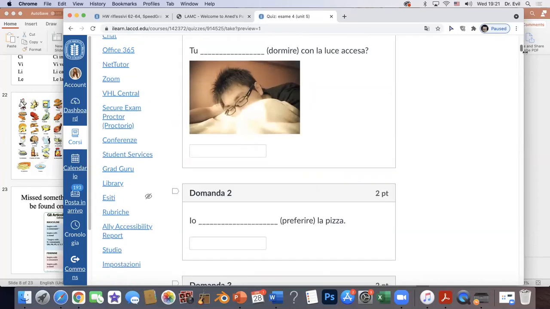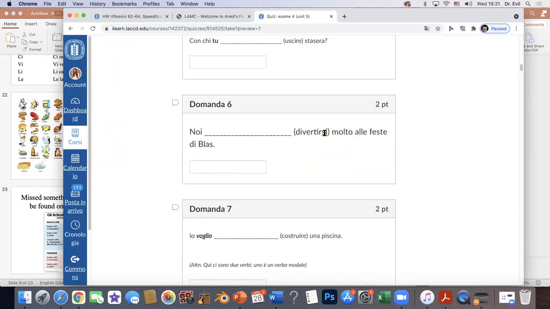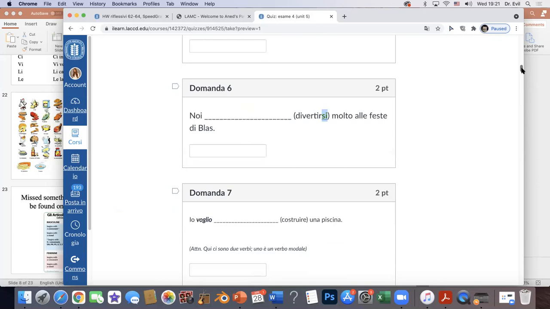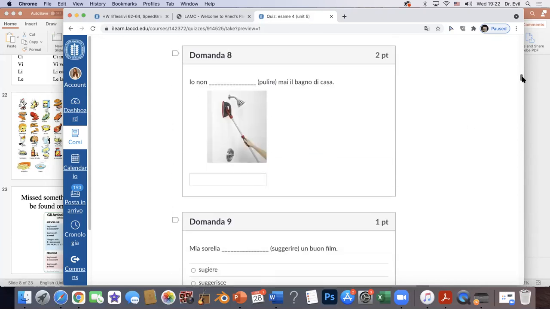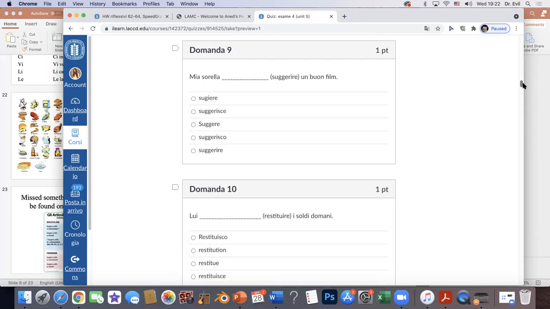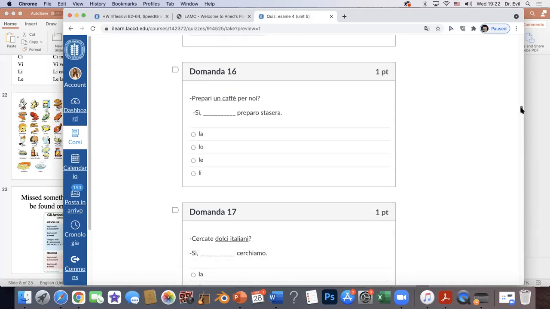So there are, then here, many of them you would type the verb. Sometimes you need a reflexive verb, ci divertiamo molto. When you have two verbs, right? A modal verb, remember what happens? Do you even need to change the second verb, right? It's one action, two verbs, but just one action. Well, that's a trick question. Pulisco mai, right? So some of them are, again, multiple choices, and you see a lot of conjugations, and then